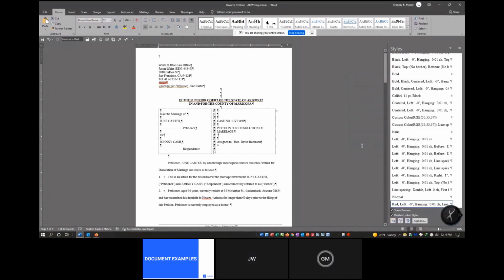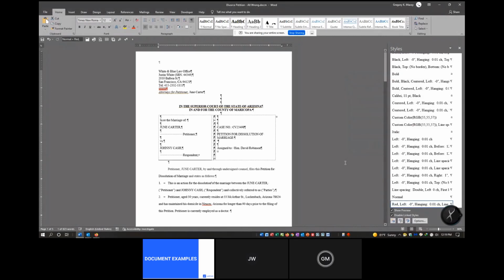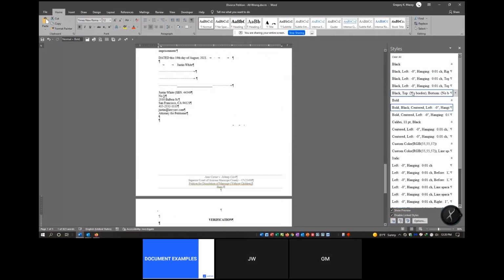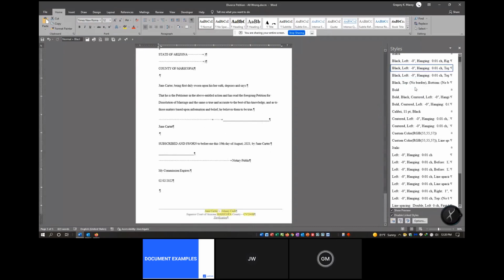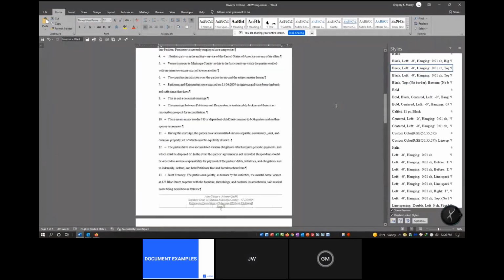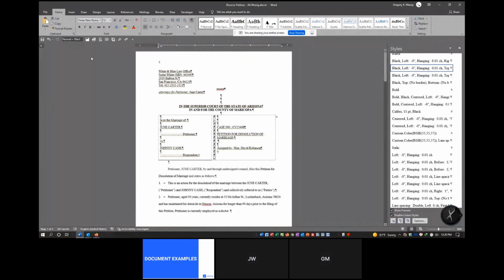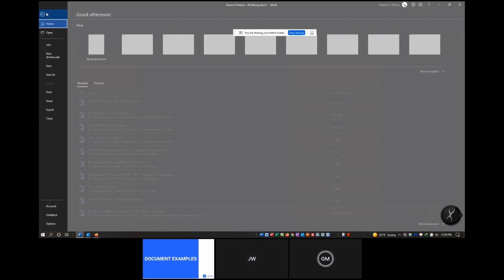So I'm going to turn those back on just so you can see them. So, here we have some bold, and you can select the different pieces of the document that have this direct formatting in it, and it will highlight it for you. So this is an example of a document that is basically created where the person was using Word like a typewriter and then was just going in and painting formatting on the existing text. I'm going to close this document,